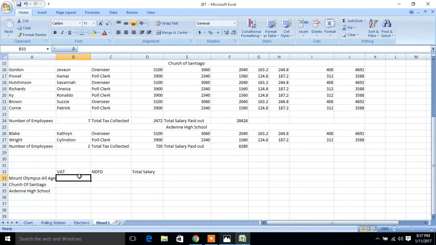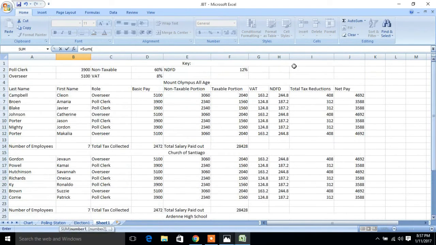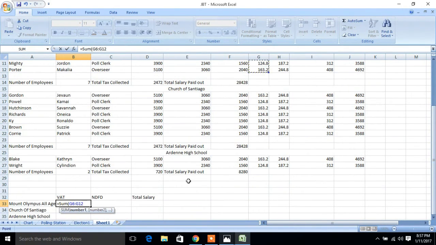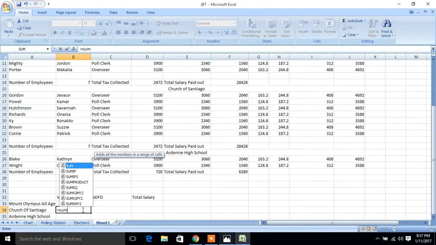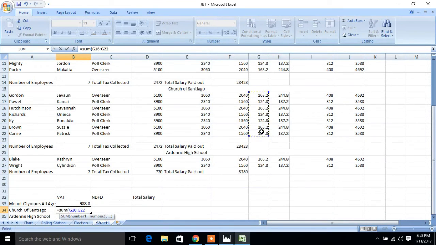So next what we're going to do, we're just going to calculate the total VAT here and put equal SUM, bracket, select the range and press enter. Then we're going to do the same for the other schools. So equal SUM, bracket, here's the VAT, and for Arden